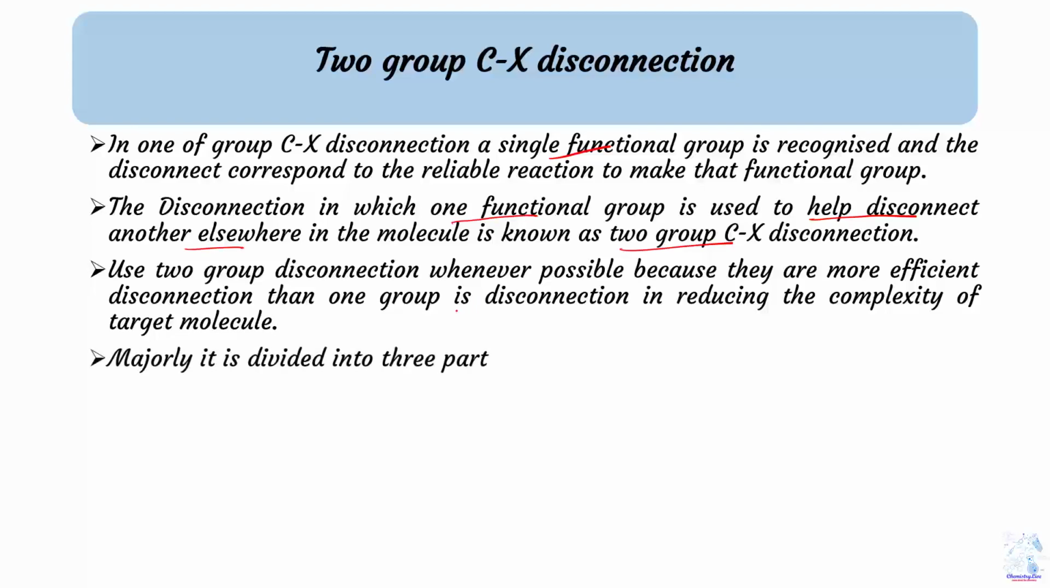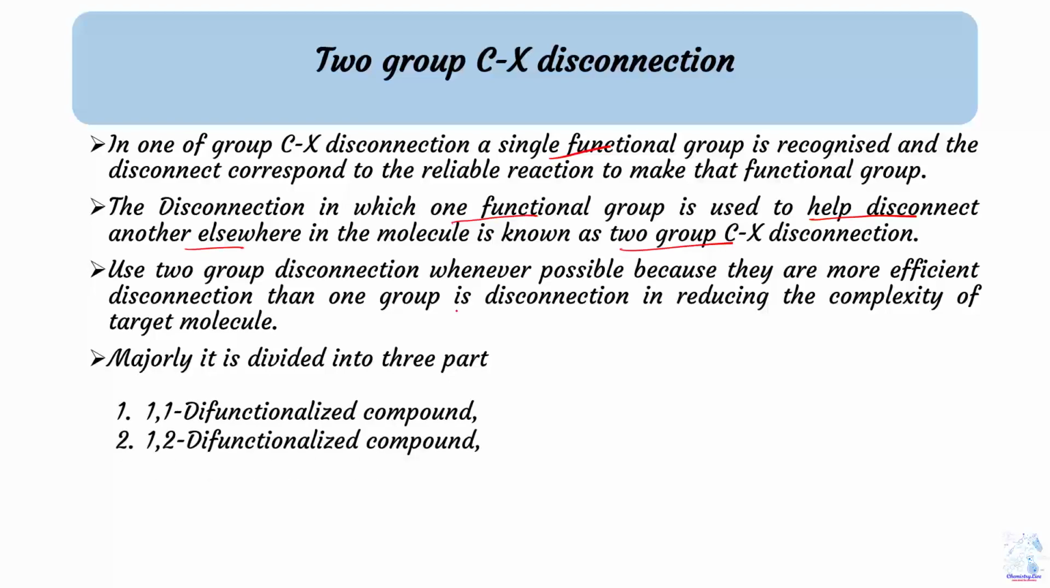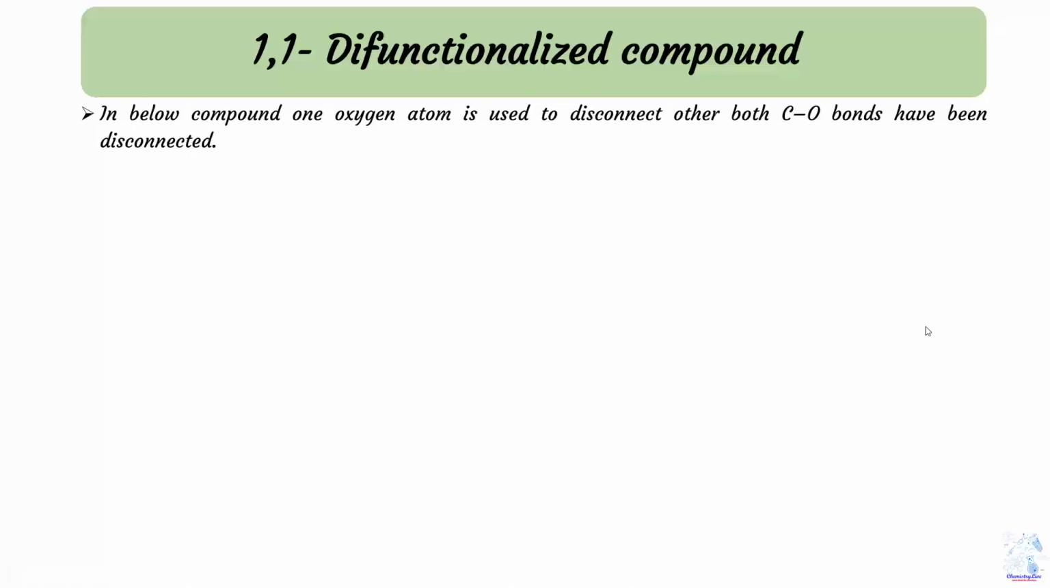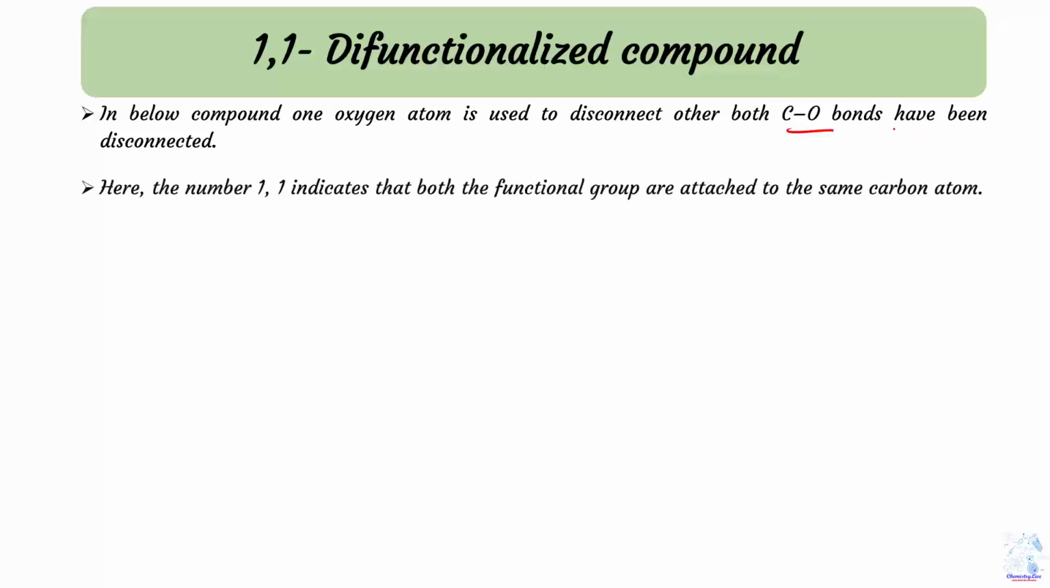So it is mainly divided into three parts. The first is 1,1-C-X disconnection, then 1,2-C-X and 1,3-C-X disconnection. Now begin with the 1,1-C-X disconnection. In the compound below, one oxygen atom is used to disconnect another C-O bond. The 1,1 numbering indicates that both functional groups are attached to the same carbon. That is the important part. Now we'll switch to one example, where both oxygens are attached